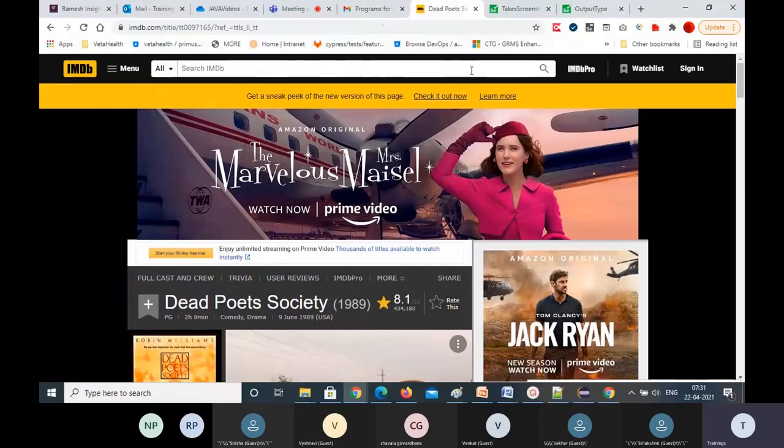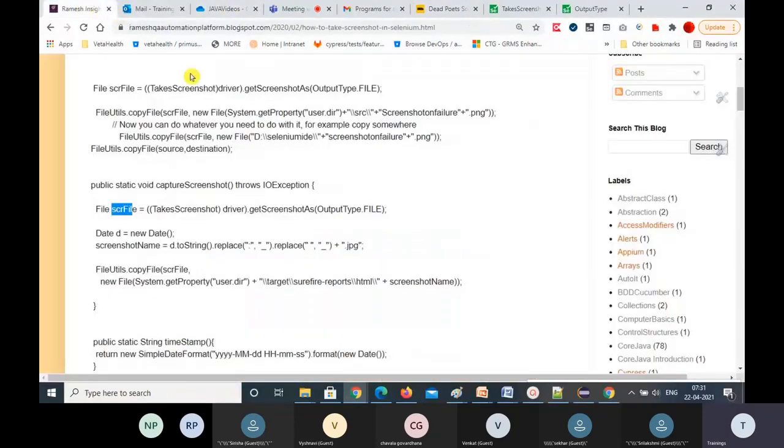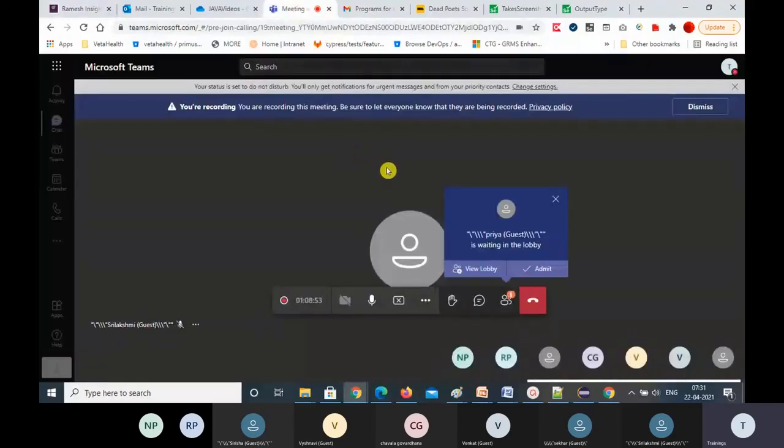This getScreenshotAs method exists for an element or for a browser also. Element dot getScreenshotAs you can call. Or if you want the entire page, then you do driver, take screenshot of driver dot getScreenshotAs method you can call.